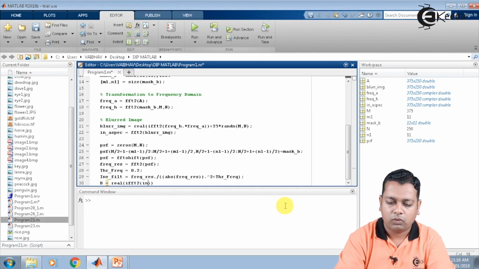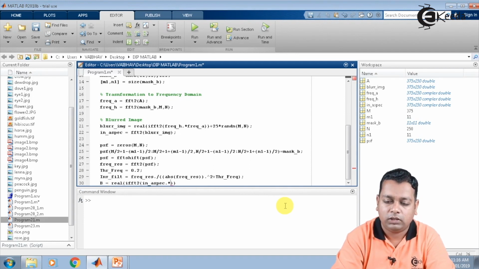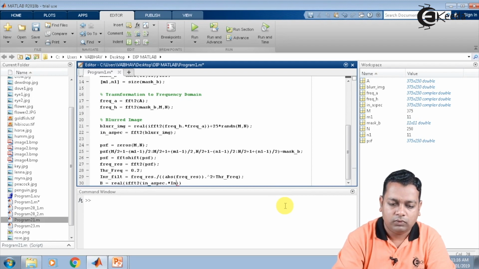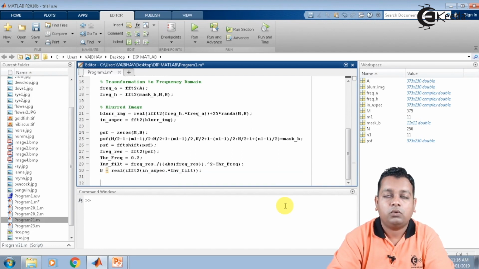Here we have the operation on IN underscore ASPC, the variable we have, along with the coefficient to coefficient multiplication with the variable INV underscore FILT. So the task of pseudo inverse filtering is completed.